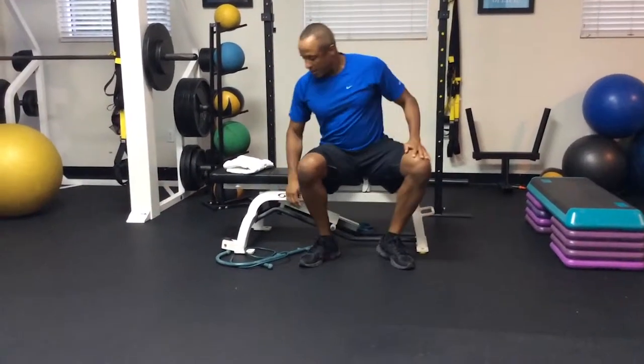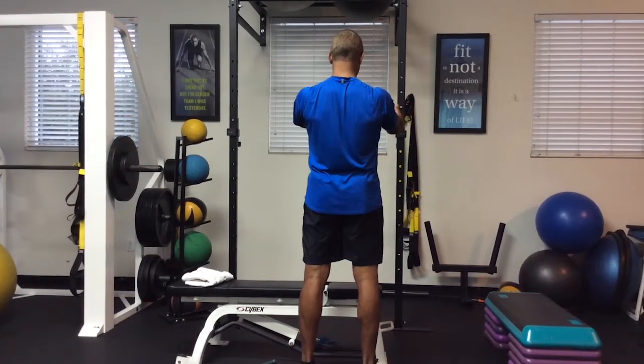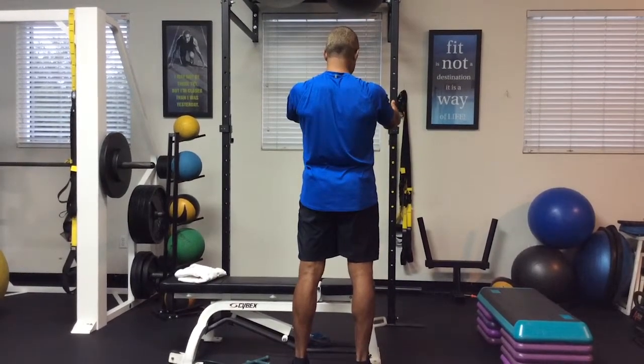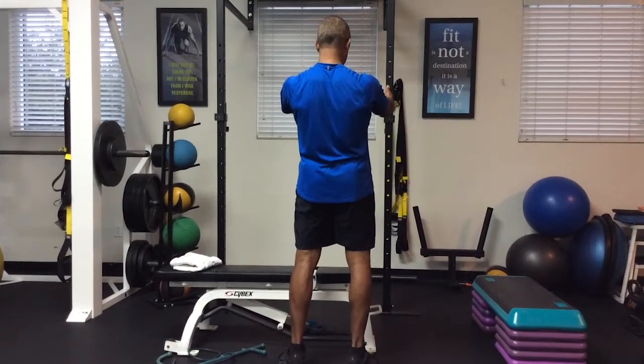So that's pec minor. The next 2 parts involve strengthening the rhomboids and the middle trap and lower traps. For the rhomboids, the movement is simple. What you do is just retract your scapula, you squeeze it together, and then you release. So retract the scapula, make sure your shoulders are down, and you depress your scapula towards your hips, squeeze it together, and then release. What I would do is squeeze it together, hold for about 5 to 10 seconds, and then relax for about 5 to 10 seconds. Repeat it 10 to 15 times, and that's the reactivation